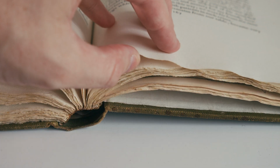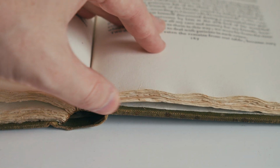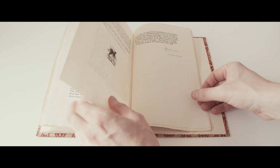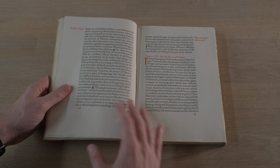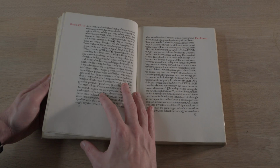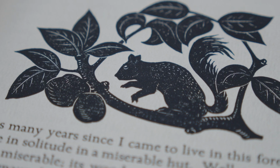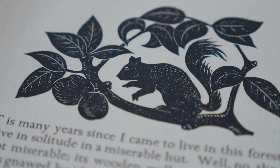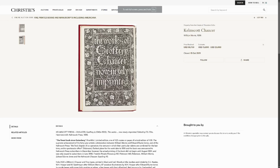They often used highly tactile papers that may feel a bit coarse and unrefined by today's standards, but are a real pleasure to handle. However, because of the historic significance of these books, they can get quite expensive. The most accessible examples, which might be some of the lesser works from the likes of the Golden Cockerel Press, can be bought for under £100, but the cornerstone works of the Kelmscott, Doves and Ashendene presses can go well